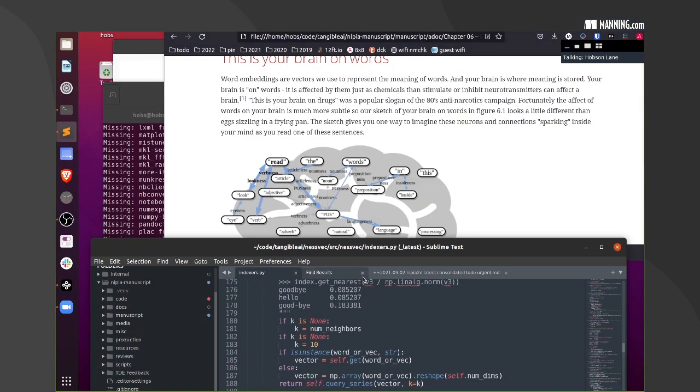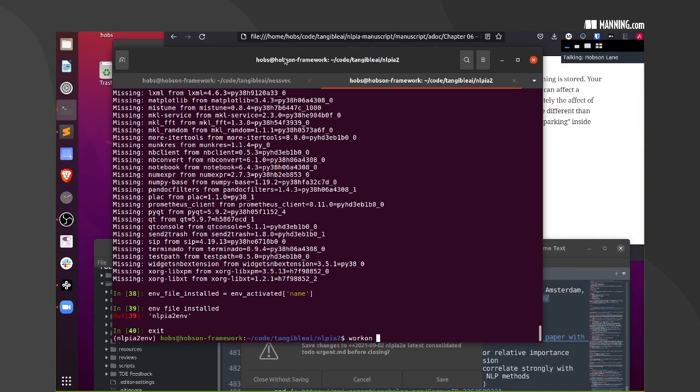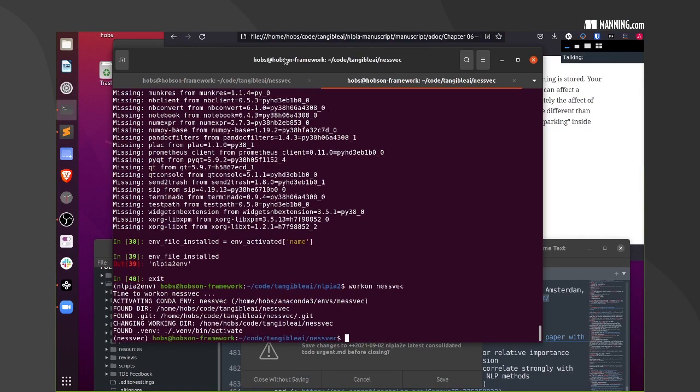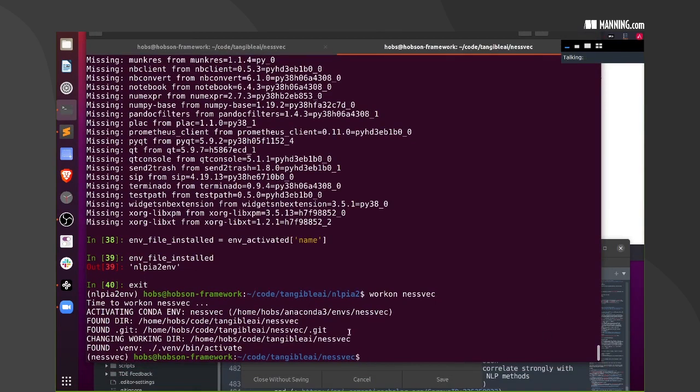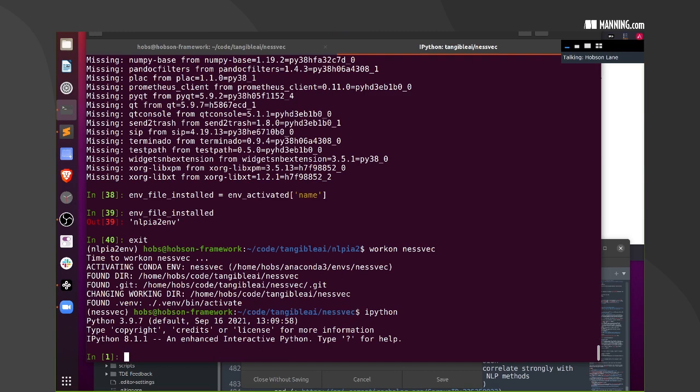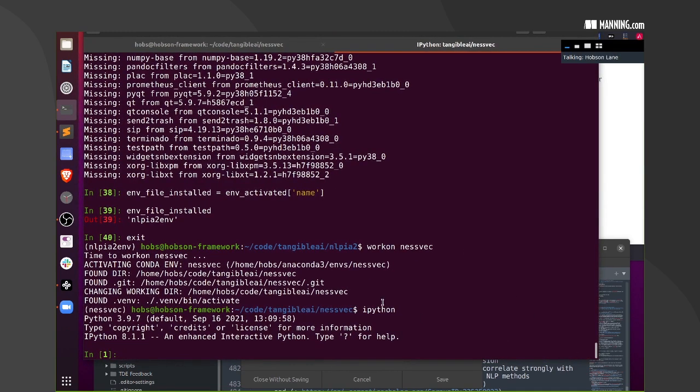I think we're going to do extreme summarization. Yeah, let's go ahead and do that so you can see. So I'm going to work on NSVEC and make it a little bigger. And now we're going to do it like we did last week and do everything in a Python notebook instead of a Jupyter or IPython session. Okay, so